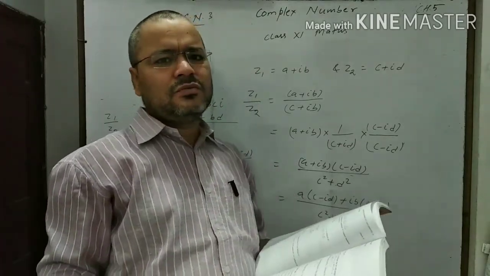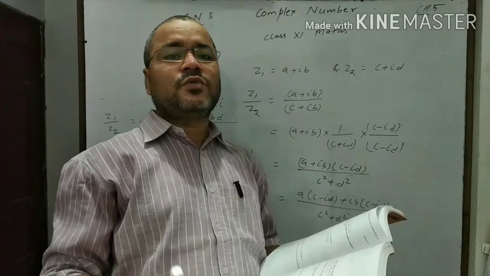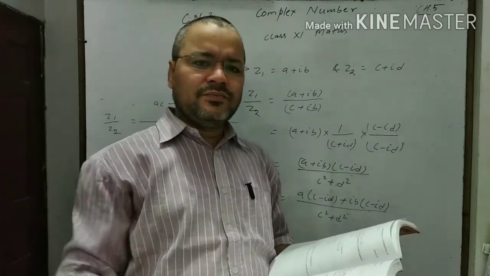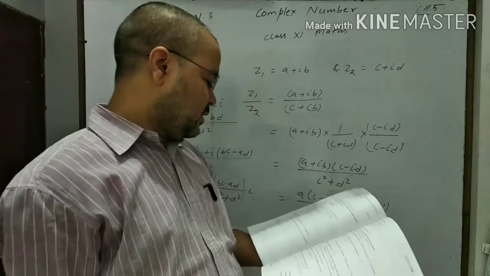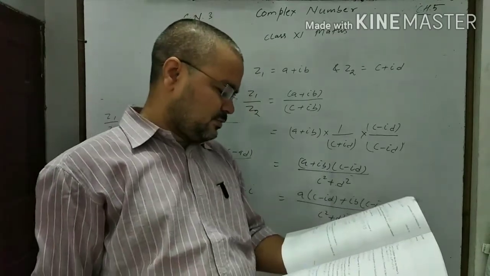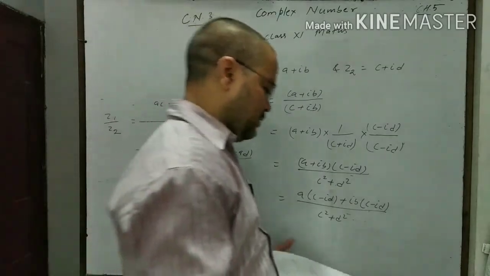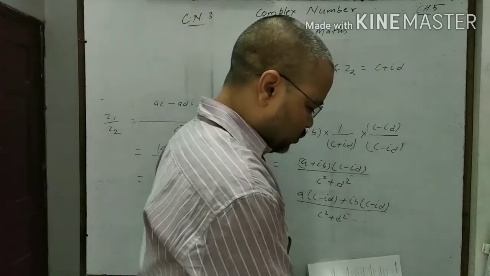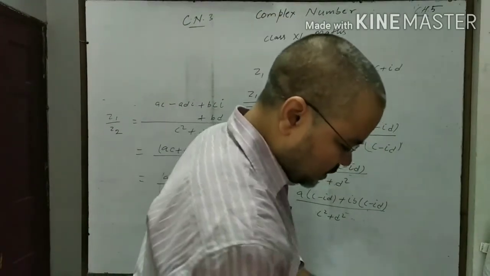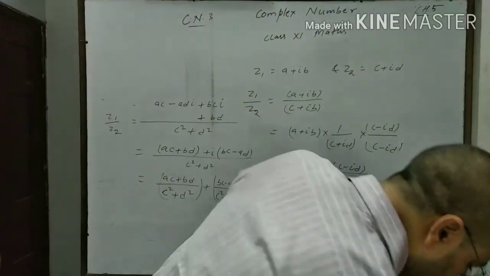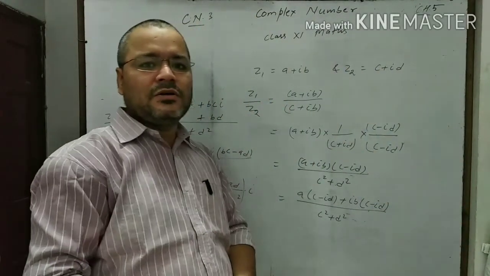Z cube, we can write z square into z. In this way, we can find the integral power of a complex number. Now, we will discuss the power of i. Very important. Directly, some questions are given on this basis, about which we have discussed in our